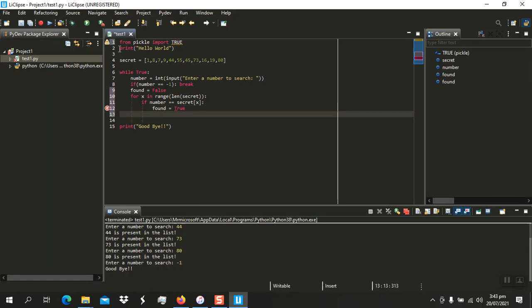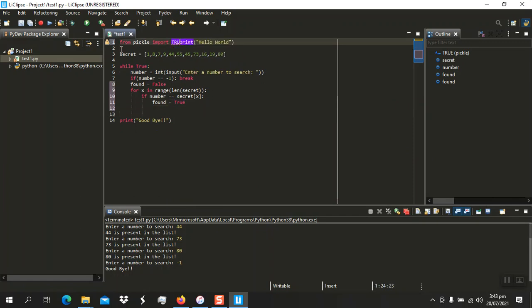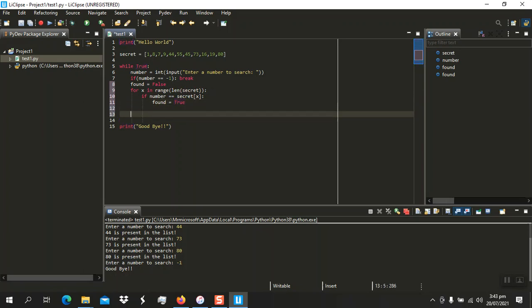You see, try to install pickle because pickle has what's called true, but I'm not interested. True. Now what if this for loop ends without found being true? It means it did not find what we entered. So at the end of the day, we can just come out of the for loop, after the for loop, and say if